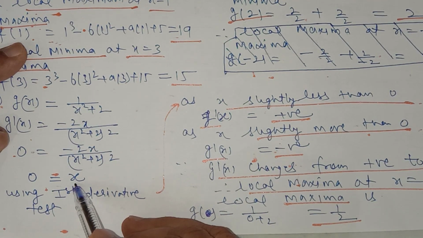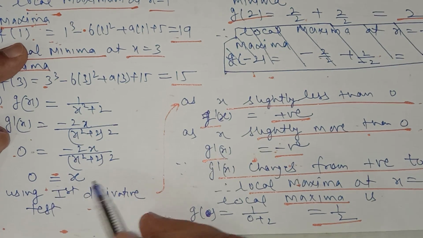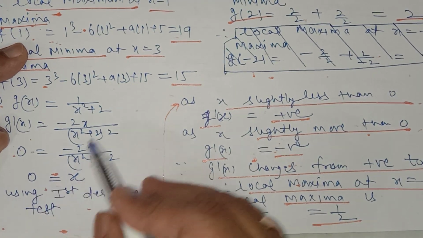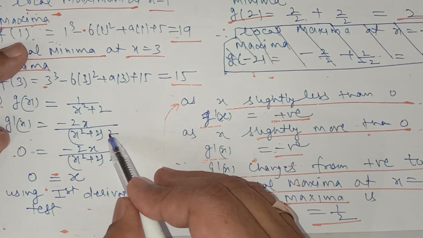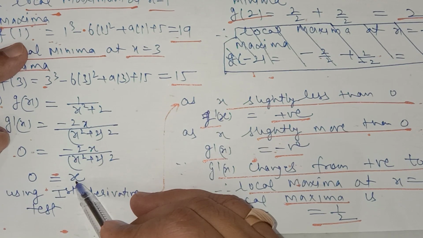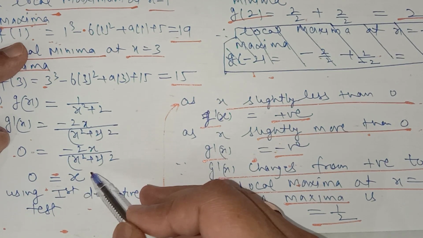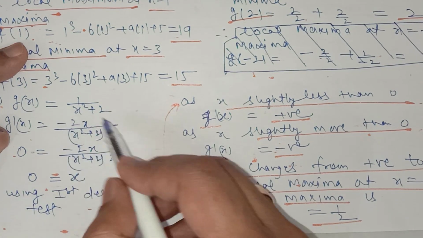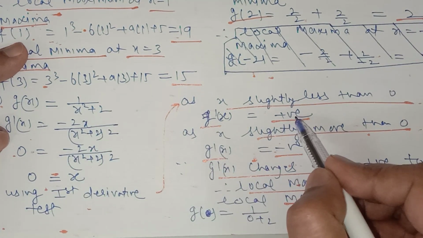Now we are checking at the critical point, which is 0. We are taking the value of x slightly less than 0, then the sign of the first derivative is positive. Take your own time; take any value slightly less than 0. You can take minus 0.9999. The value of the first derivative will be positive. You don't have to find the exact value, you just take a hint whether it will be positive or negative.